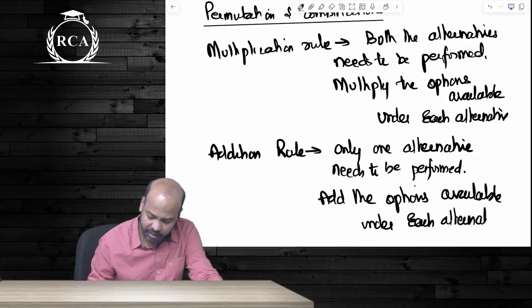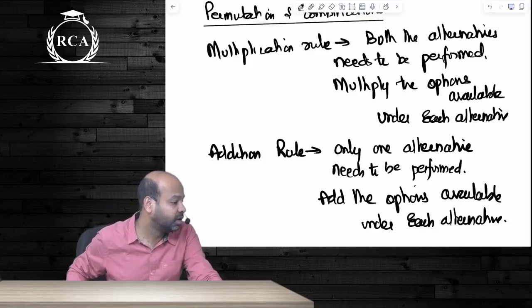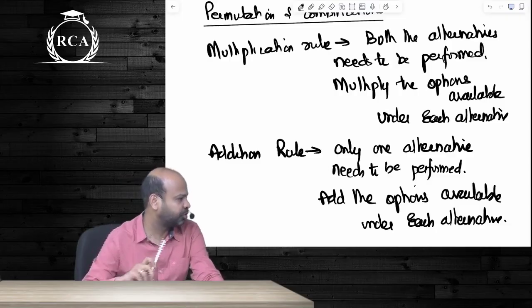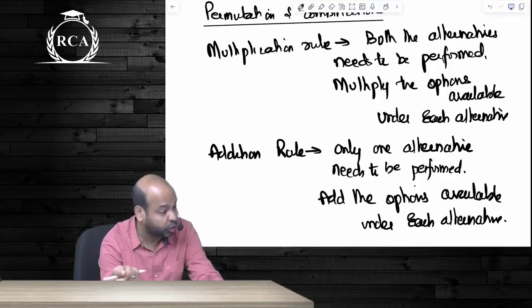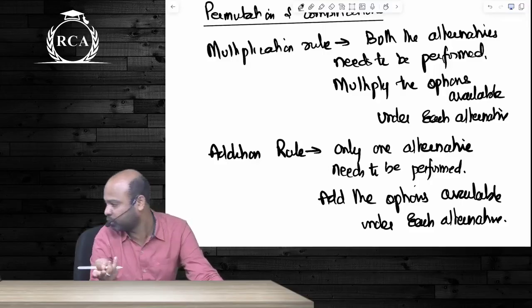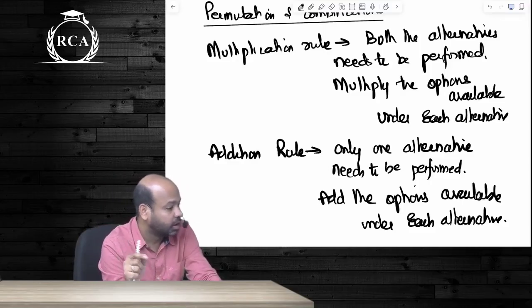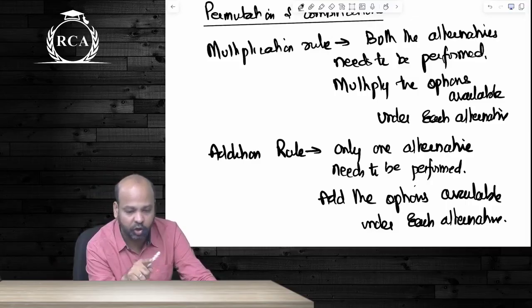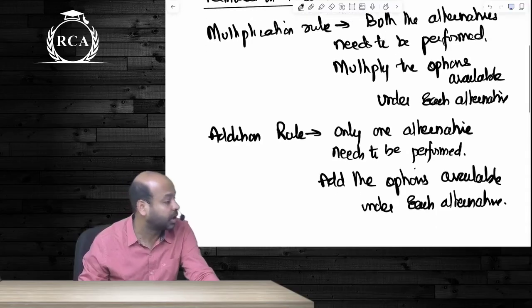A classic example that keeps coming in the examination, beta, is wherein you have to go from destination A to destination B. They will tell us that for your onward journey there are few options available, but for your return journey you cannot come by the same option. So if there are, suppose, 10 options from A to B, how many options will remain for return? 9. You have to go from A to B and you also have to come back from B to A. Are you supposed to perform both the alternatives? So that's multiplication rule. The answer will be 10 multiplied by 9. What if you have to go from A to B or from A to C? Then you add the options available under A to B and the options available under A to C. That will give us the total number of options.